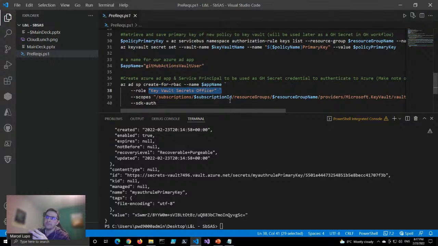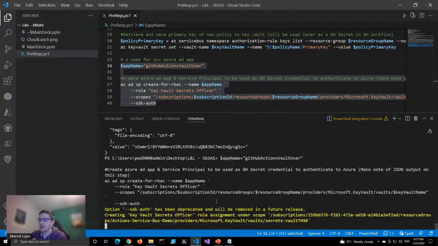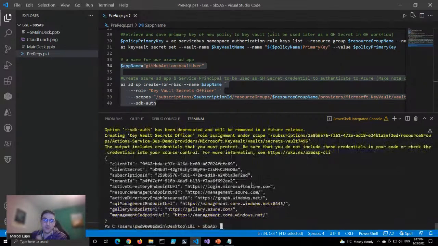So my GitHub workflow is going to be interacting with this key vault. For that reason, when I'm creating the identity or the application service principal, I'm going to give that principal the role-based access control of Key Vault Secrets Officer on the key vault that we just created. I'm just going to run that real quick, and then I'll show you where that is being